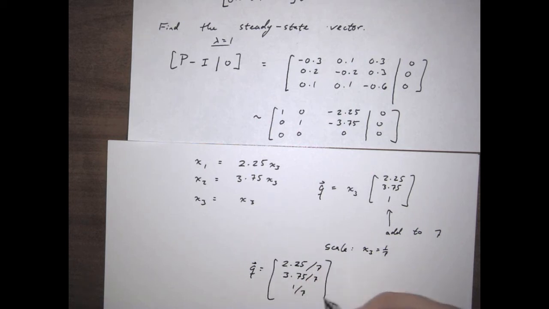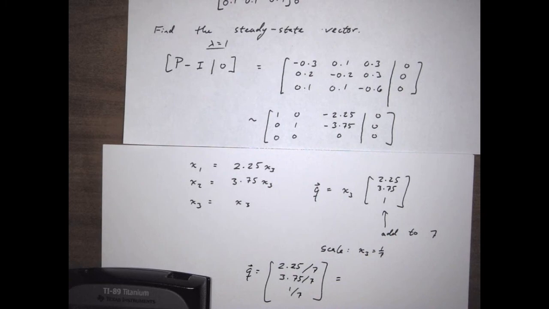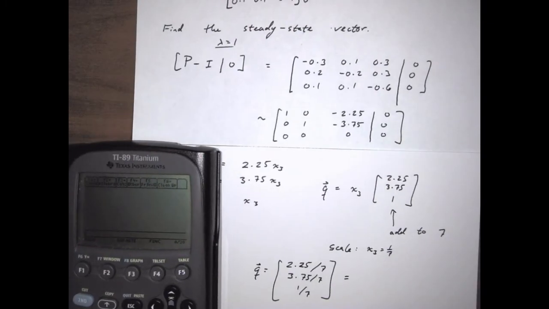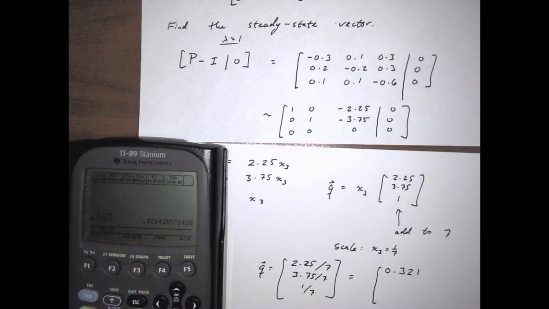Or in other words, if I wanted that as decimals, I could just do 2.25 divided by 7, I should say 0.321, and 3.75 divided by 7 gives me